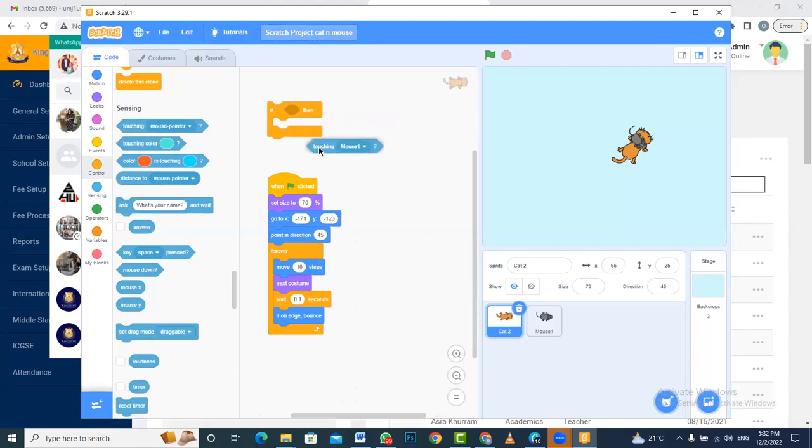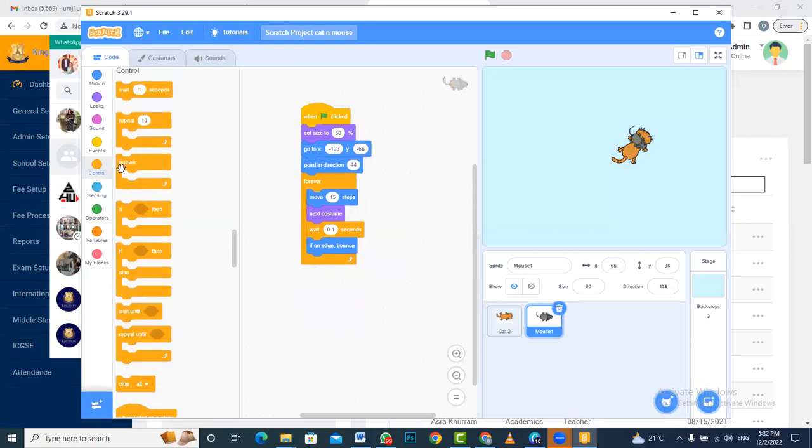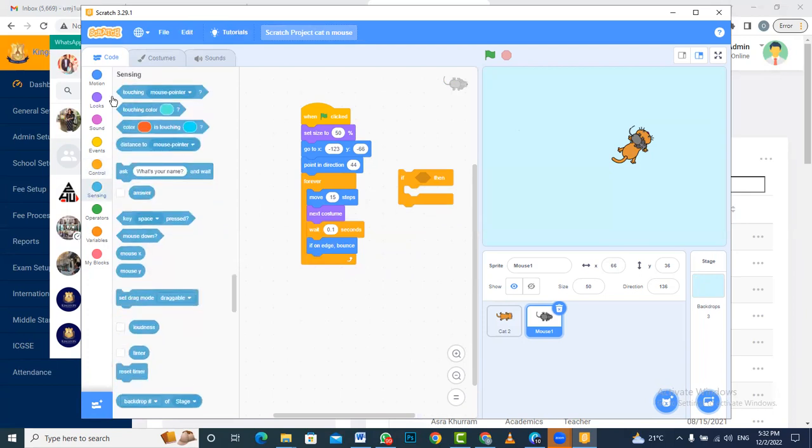So we would actually have to code it in the mouse section कि माउस को हमें हाइड करवाना है, हमें कैट को हाइड नहीं करवाना। तो हम माउस को हाइड करवाना चाह रहे हैं, तो हम माउस के उसमें चले जाएंगे, माउस के इवेंट में जाके बोलेंगे, इसी तरह से कंट्रोल इवेंट लेंगे इफ देन का, और उस पर सेंस करेंगे। सेंस हम ये करेंगे कि इफ द माउस इज टचिंग द कैट, ठीक है, आप इसका नाम चेक कर सकते हैं, क्या नाम है, कैट 2। तो इसी वजह से माउस के कोड में भी क्या नाम आ रहा है, कैट 2 आ रहा है।